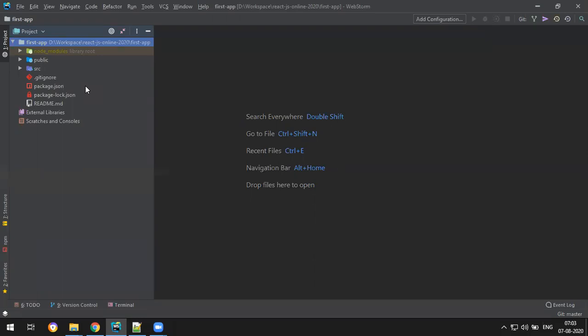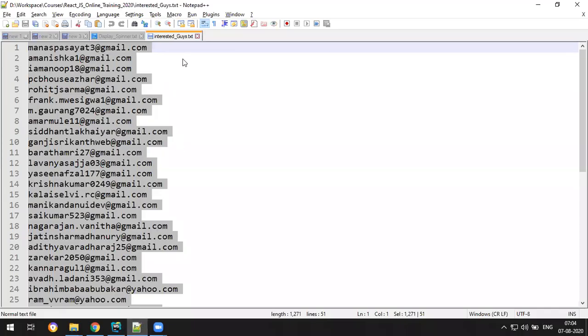In React, we develop components in two ways: one is functional component and one is class based component. We discussed both, and we also applied a little bit of styles for the functional component as well as class based component.